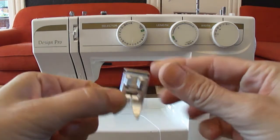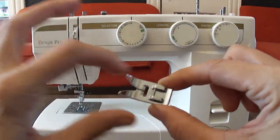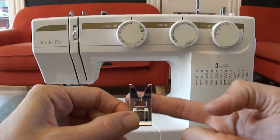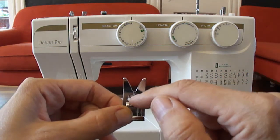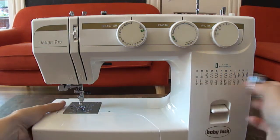So this is your standard presser foot. Probably looks something like this. Very symmetrical, very even, opening right in the dead center. Your needle basically is going to go into that hole over and over, and your thread's going to be able to pass through there. So to put this on,